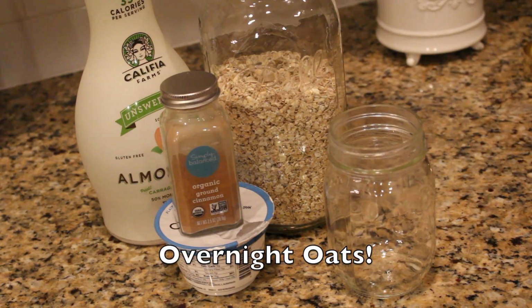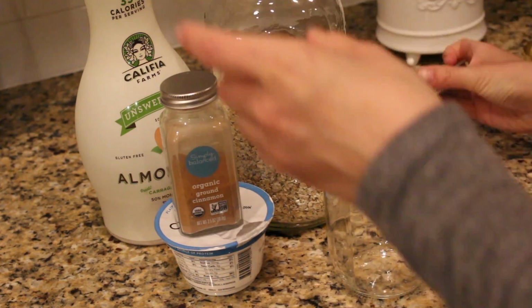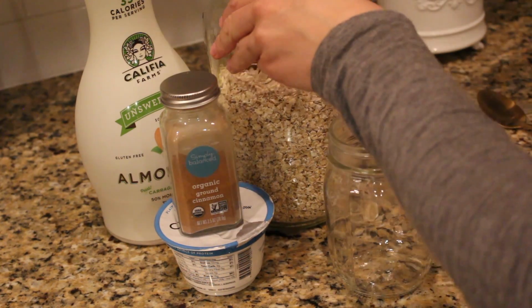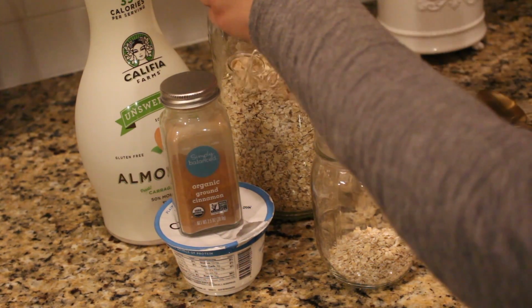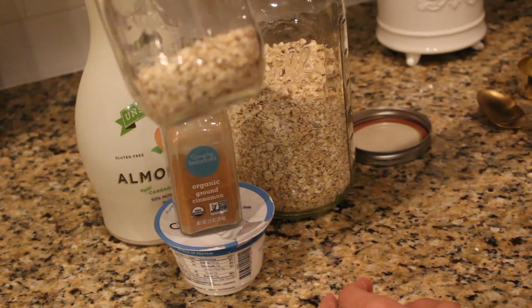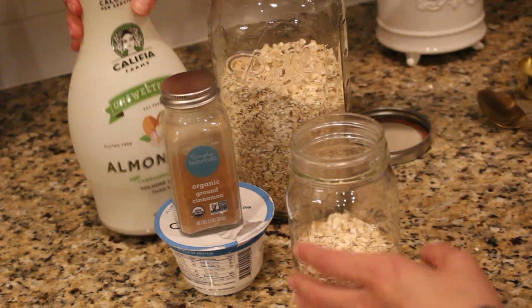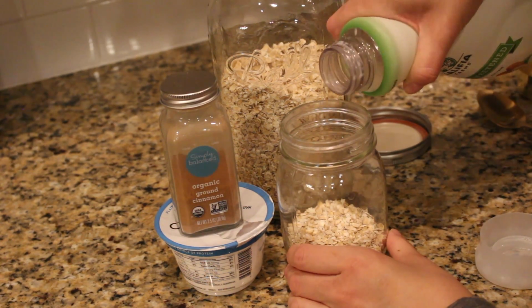This next recipe is overnight oats. It's basically overnight cooked oatmeal, but without actually having to cook it. So you just want to take some rolled oats, and I'm gonna use about a half a cup. This is something where you don't really need to measure. So, I'm putting them in a mason jar, about a half a cup of rolled oats, and then you want to add some almond milk